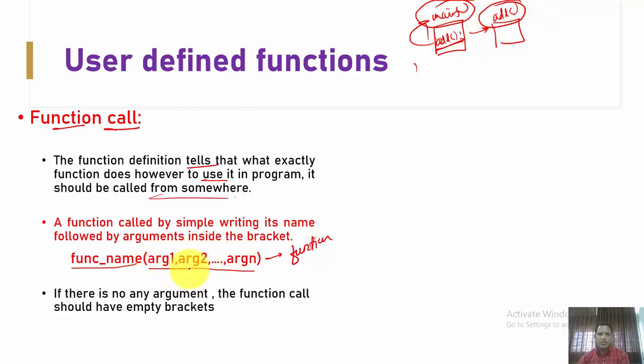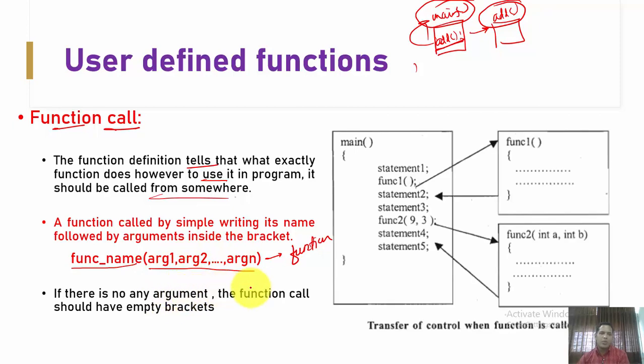And if there are no arguments within this bracket, we can simply put an empty bracket. So let us consider this simple example. Right now I have two functions: the first one is function 1 and the second one is function 2. Here I am not going to define any arguments, whereas here two arguments are there, argument A and argument B. Okay, now when I execute the main function, the compiler first executes